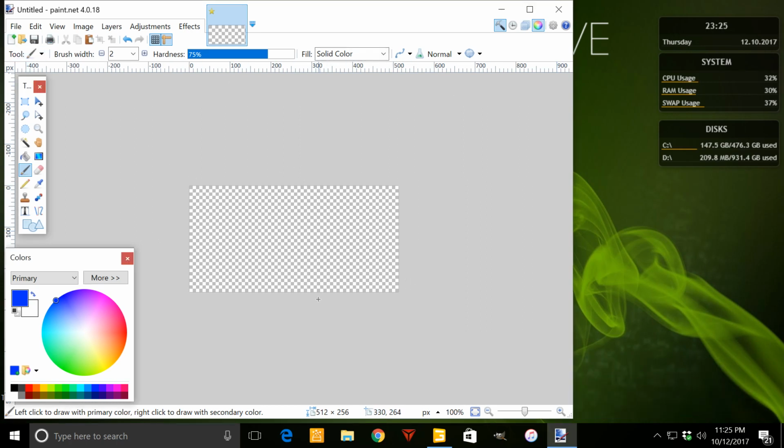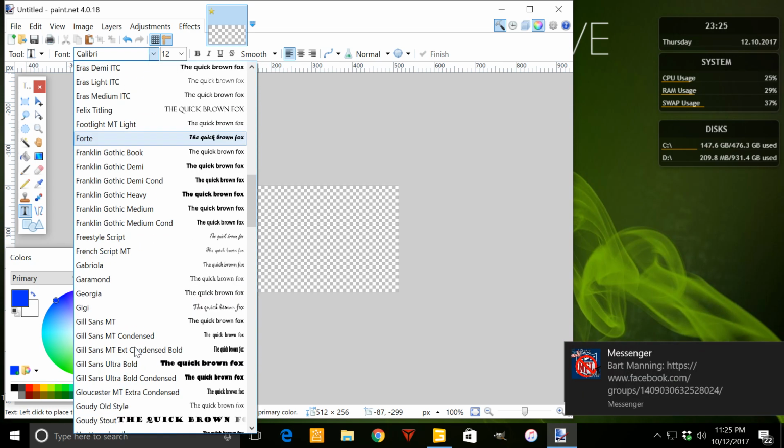So once you've resized it and you've made it transparent, pick a color, and you're going to go to the text icon. Just click on it. You can change your font if you want. I'm going to change it to